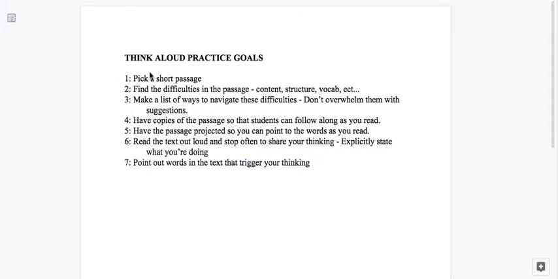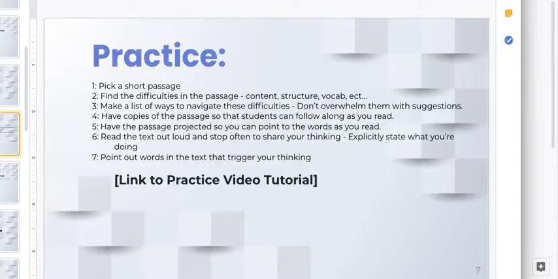Okay, so let's get started. Our goals for today are the exact same goals. You'll notice here, these steps 1 through 7 are the exact same goals that are in your practice slide that were just above the link to this tutorial. So,